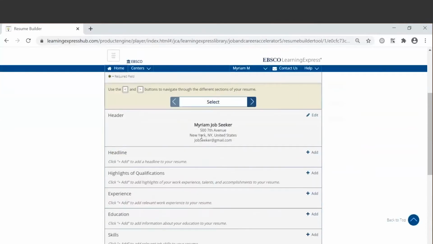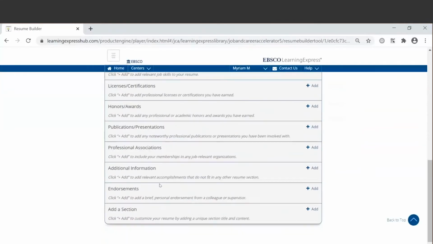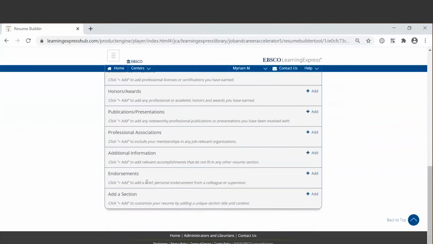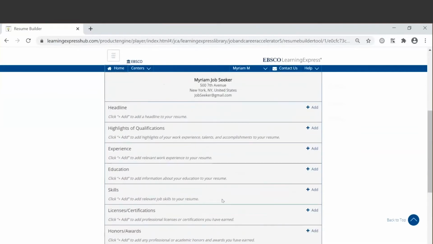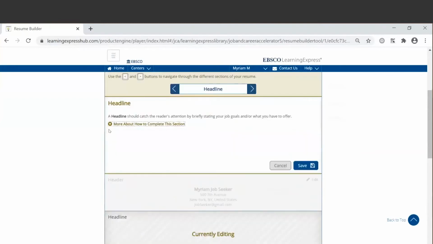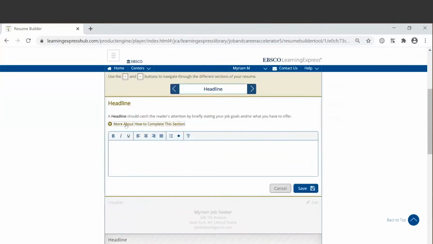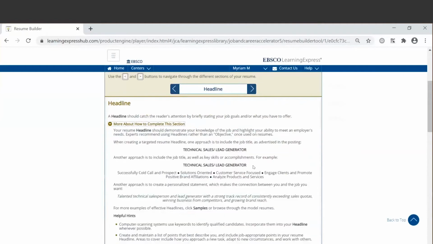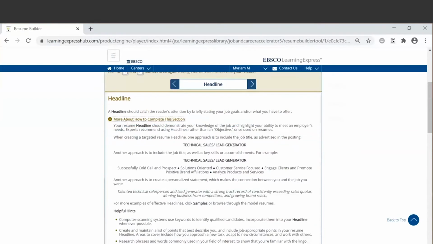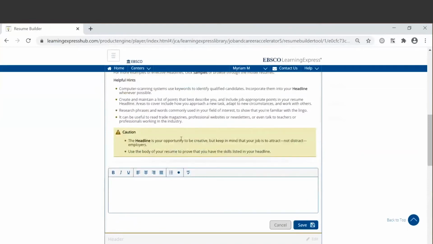And so as you can see here, it is broken into different sections. Your users do not need to fill in each of the sections. It is up to them. If there are any sections that are not here, they can always add an additional section to their resume. They can go in and just fill out each of the sections. You'll see that we have tips that will help your users understand the reason for each section and the main goal of the section, pretty much. And also any do's and don'ts that you should not do. You'll see that as well.